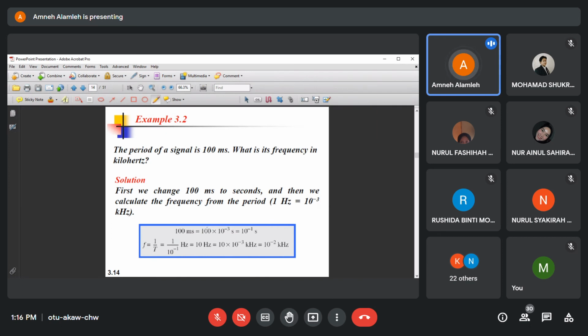So 100 equals 10 to the power 2, right? So 10 to the power 2 multiplied by 10 to the power minus 3, we sum 2 and minus 3. The answer is,